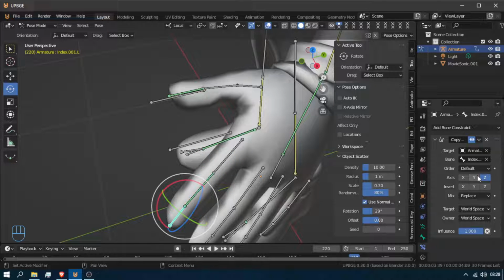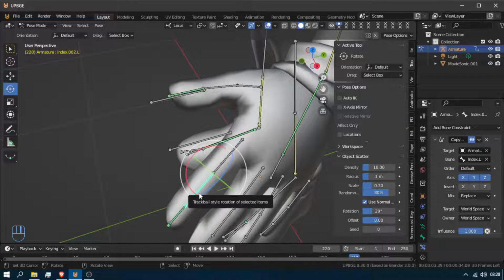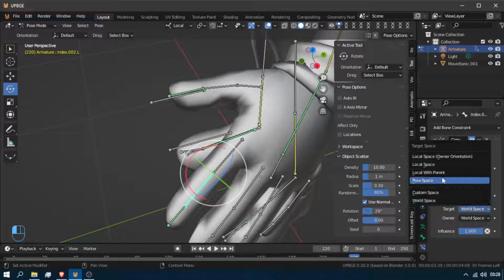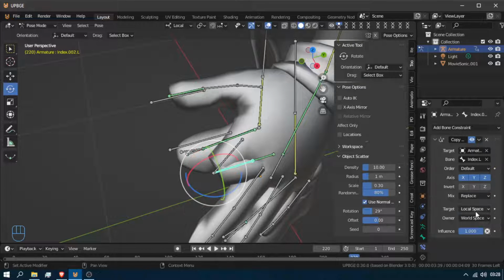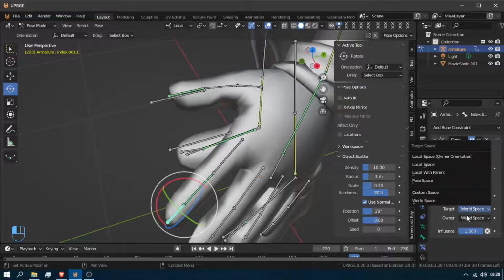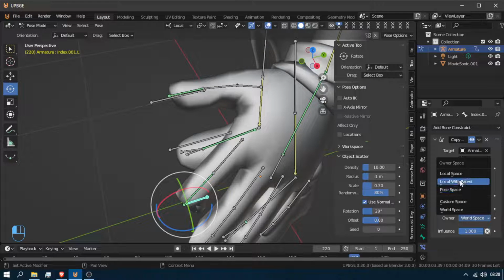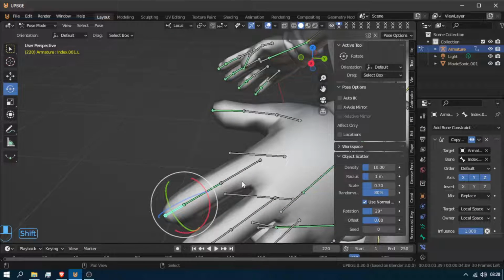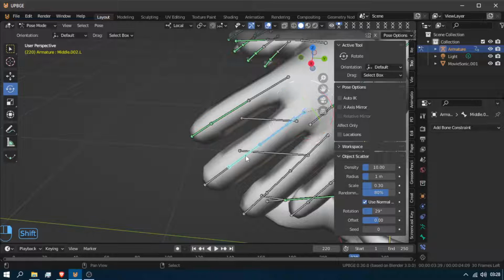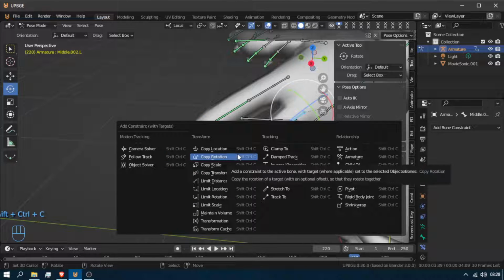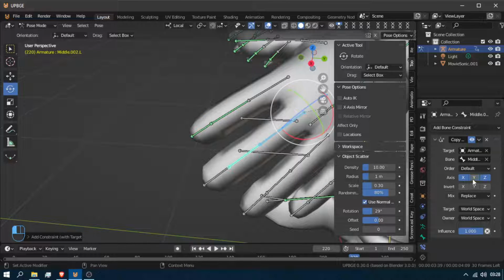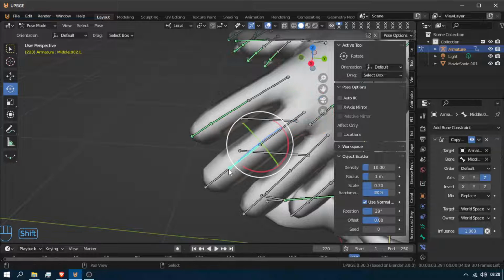This will be the Z-axis, local, Control Shift C, copy rotation, Control Shift C, copy rotation,